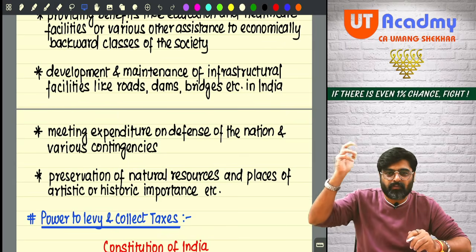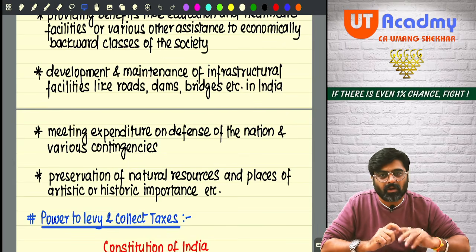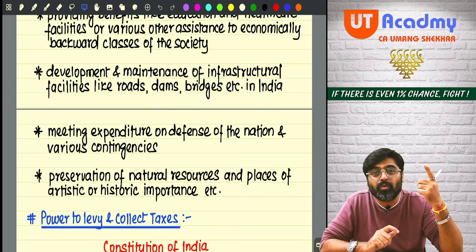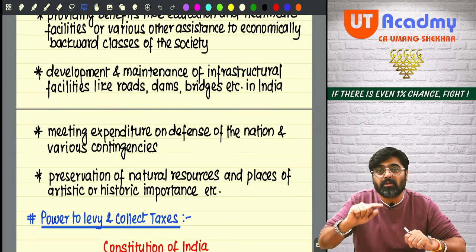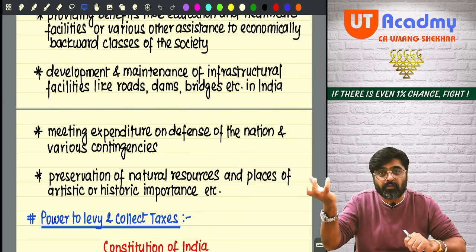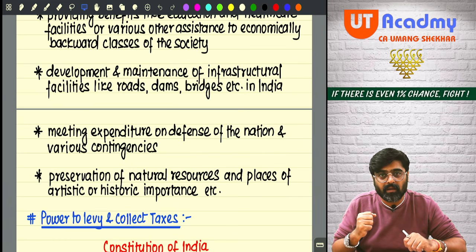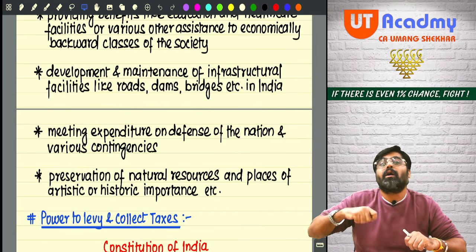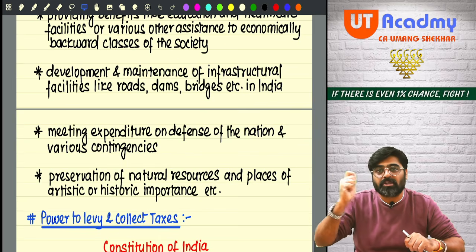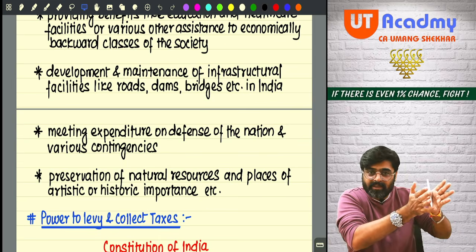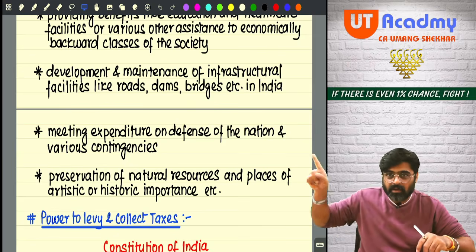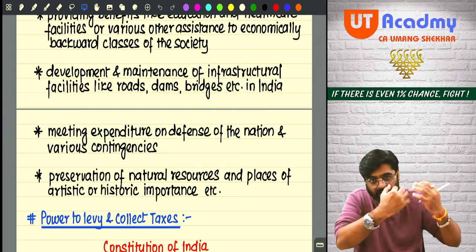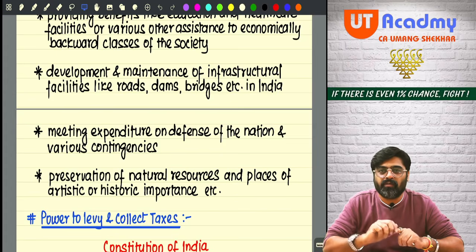For example, there is a flood in some state. The government did not think that there will be a flood, but the government will have to provide for that contingency also, no? Because of that flood, there will be a lot of losses. So to compensate the people, the government will have to spend some money and give compensation also. So there will be a contingency fund which will be used by the government for such contingencies. Where will that money come from? Taxes will be used for these kinds of things.